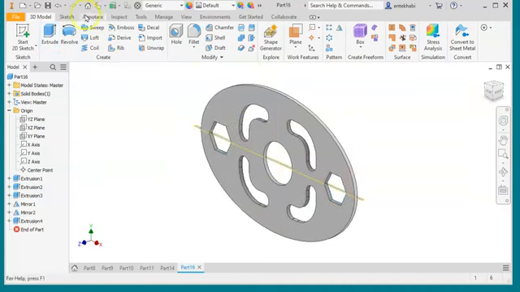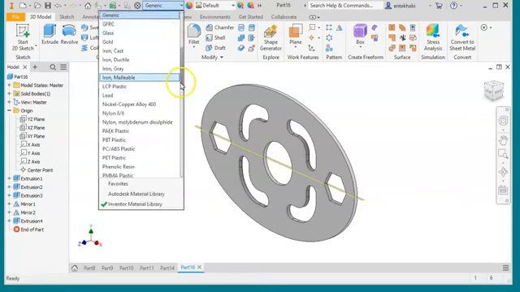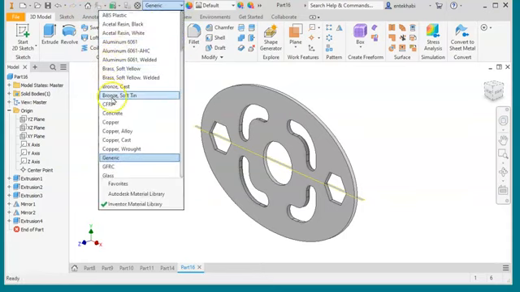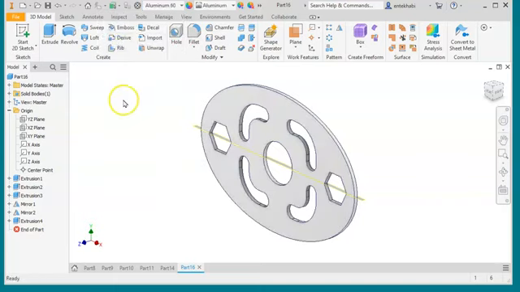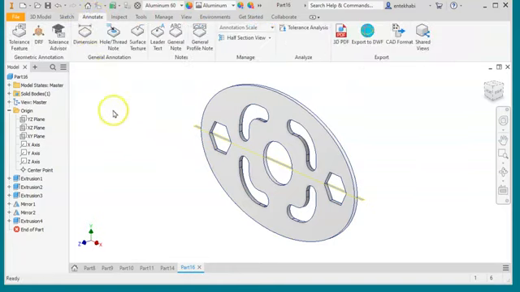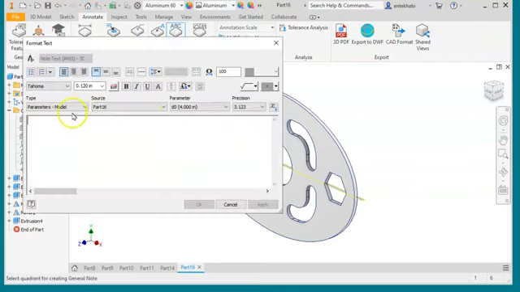Last thing you would do, add the material, which is in this case given aluminum 6061 alloy. Let's see, that should be on the list here, 6061, and adding that. And then last, of course, as we always do, using the annotate, you can use a general note to add properties and add the mass properties, and selecting the mass equal to,